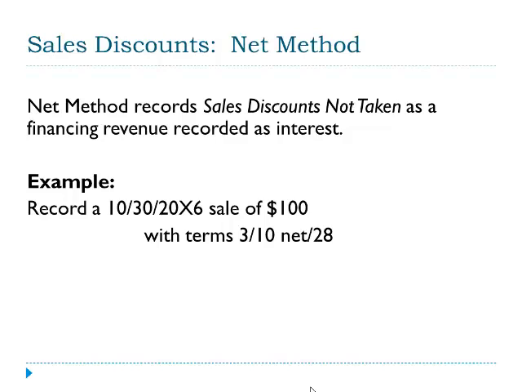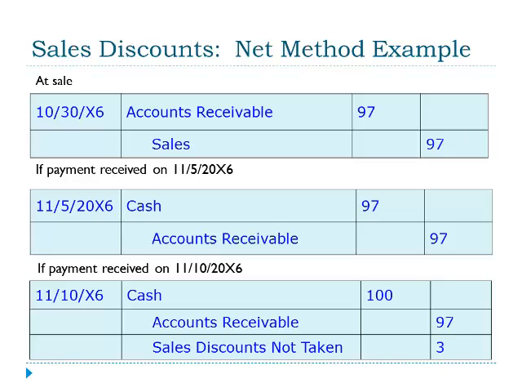Let's illustrate the net method next. This method assumes that the customer will pay within the discount term, and so the sale is recorded subtracting out the discount to start with. Here's an example of a similar sale. The sale here is recorded at the $97, so we take the discount out right off the top in recording the sale. If the payment is received within the 10-day window, then that's exactly the amount of money that's paid,